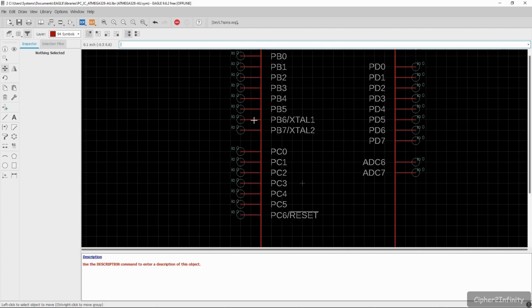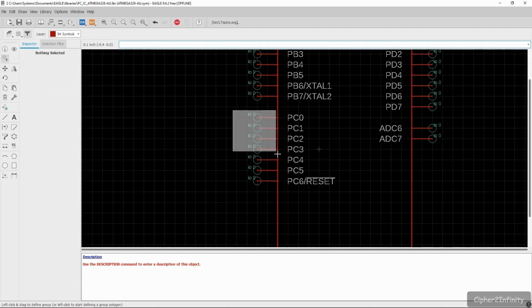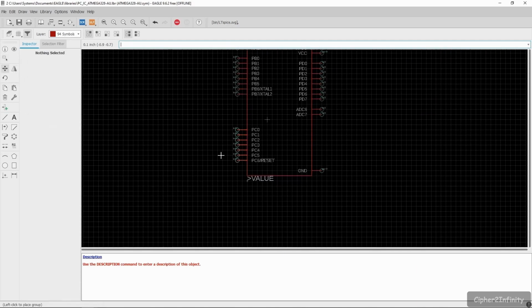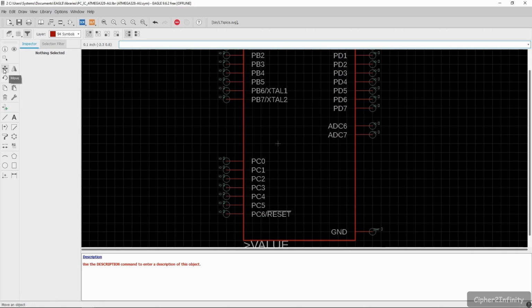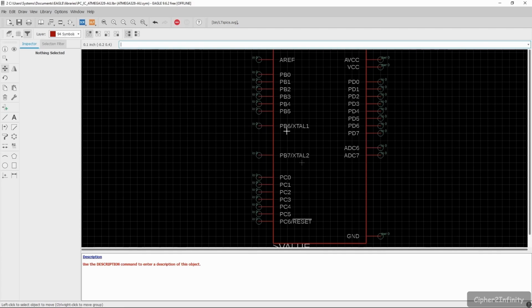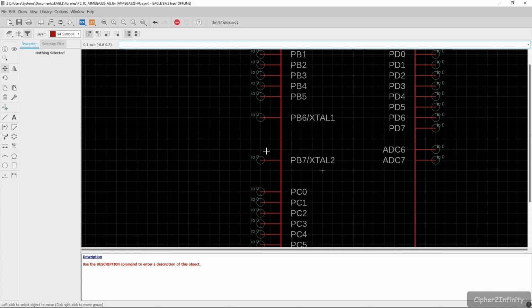But if you see, the distance between these two pins is actually very small. So we will have to increase the distance between these two pins. Basically I am telling you the procedure, and as per your requirement you can do the changes in this particular symbol. I'm just explaining some of the changes in order to make you habitual to this process. Likewise I can increase the distance between these two pins, extal1 and extal2. A distance of this much, 4 grids, is actually enough in order to place a crystal here.